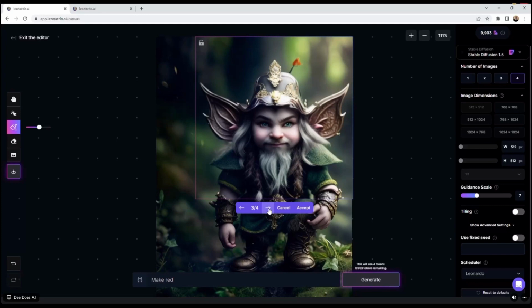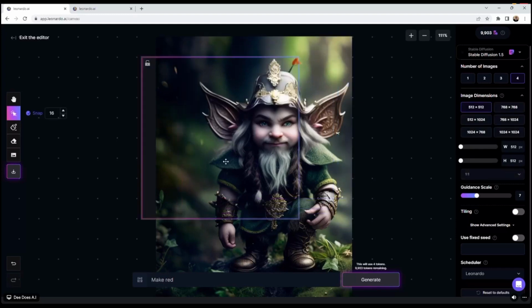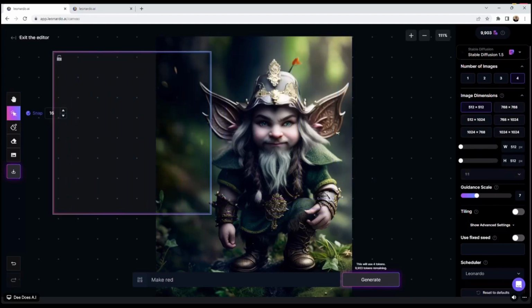No. So we're not having a red one because I actually like this one quite a lot. So we'll keep that one. And as you can see now, even if I move this box away, it has transformed that hat into something quite different. What I'm going to do now is get rid of that one. So hopefully that gives you a very quick rundown of how to use the masking tool